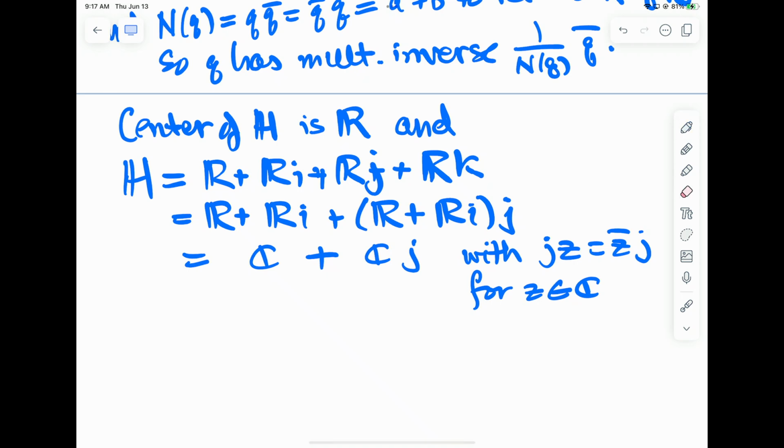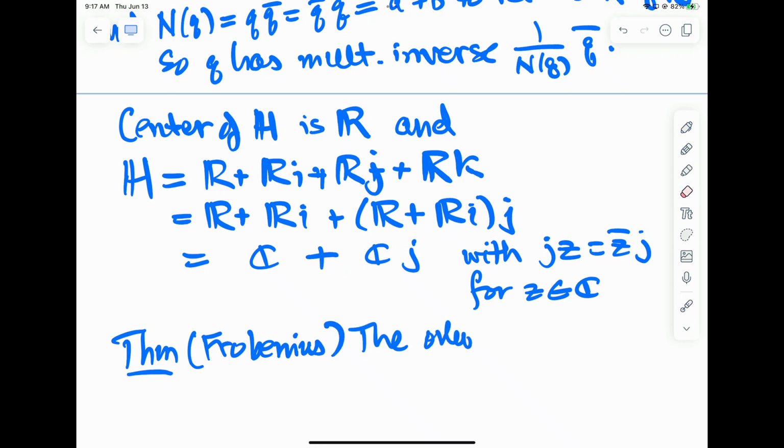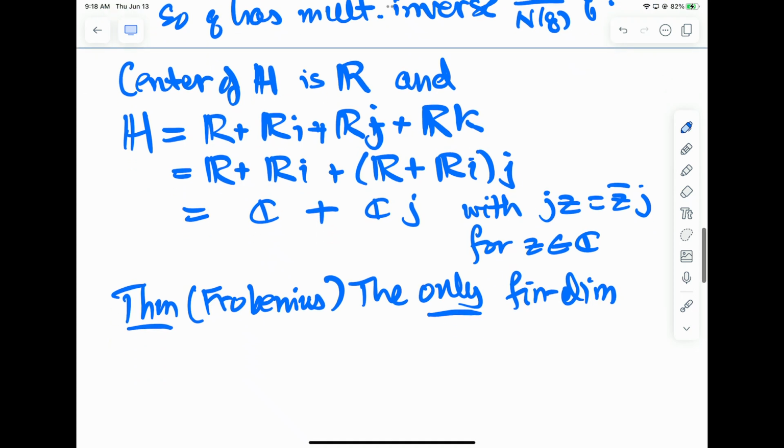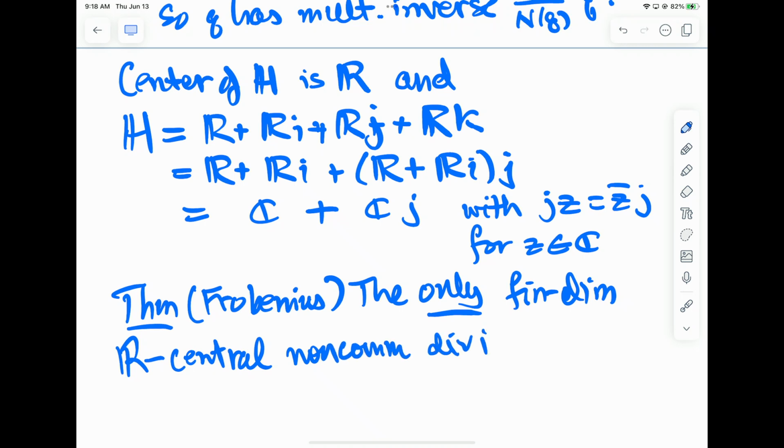Oh, dear. This is the most annoying thing. Theorem, not the theorem. This theorem is great. So Frobenius proved that the only, can I write the word only? The only finite dimensional R central non-commutative division ring is H. So even if Hamilton had not accidentally discovered the quaternions, they would have eventually been found by the